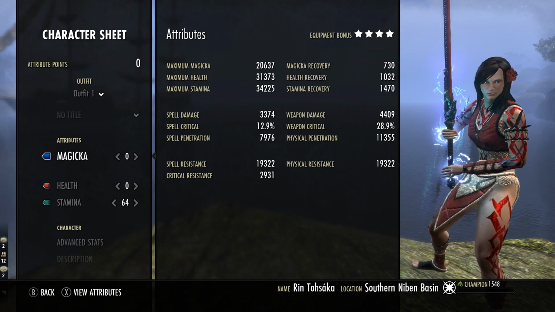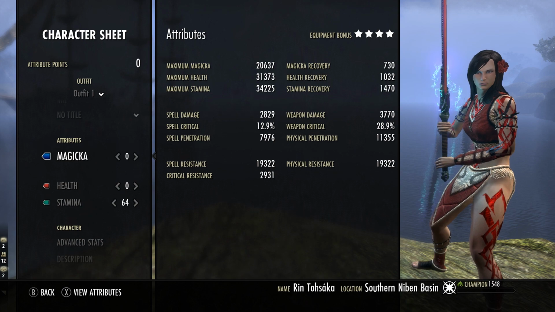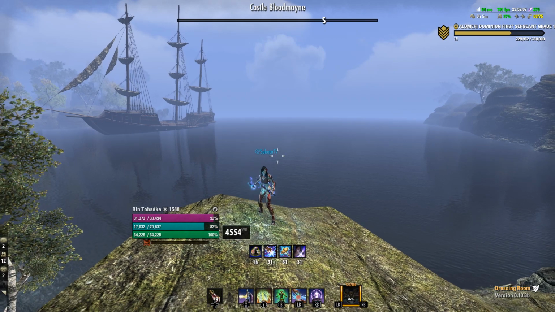Then 31,000 max health, 34,000 max stamina, 20,000 max magic. I'm absolutely loving this build so far. I'm having a blast. Then on my back bar,